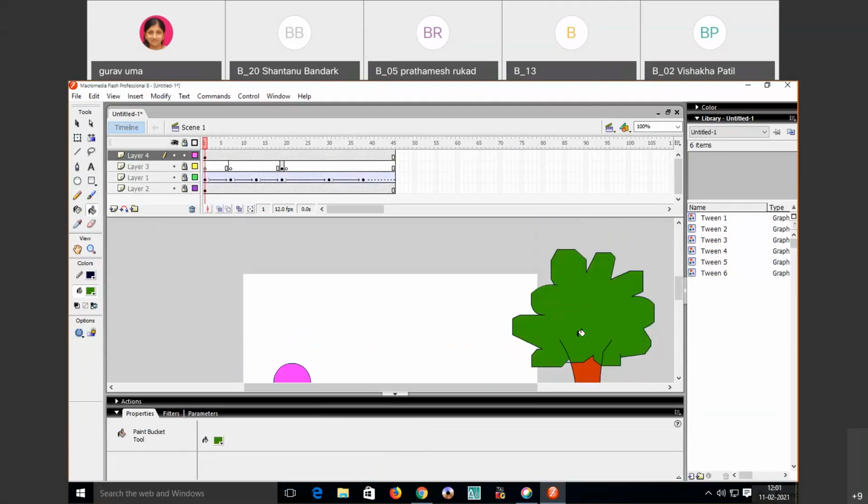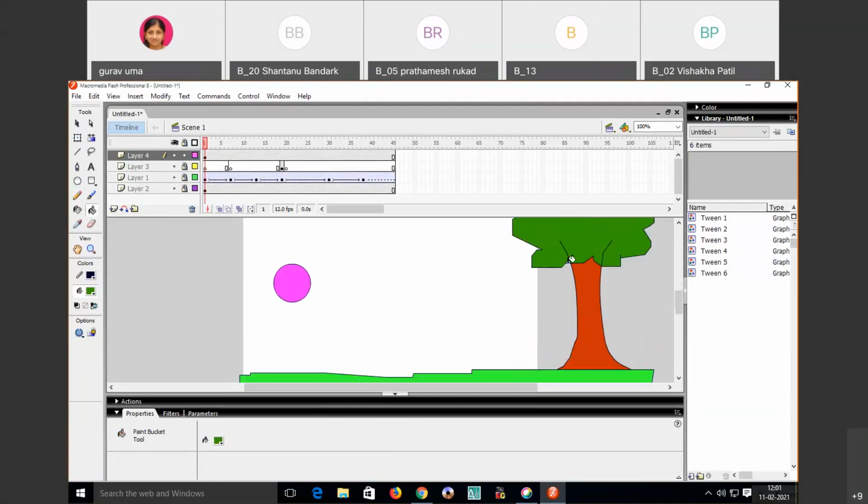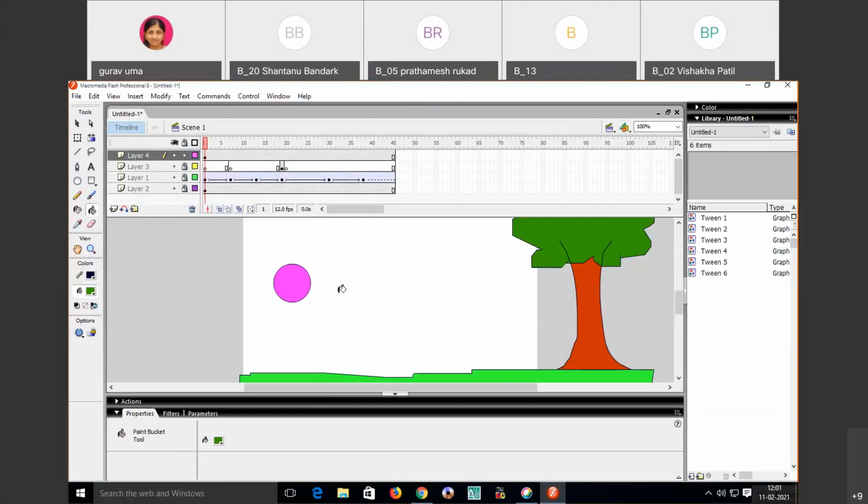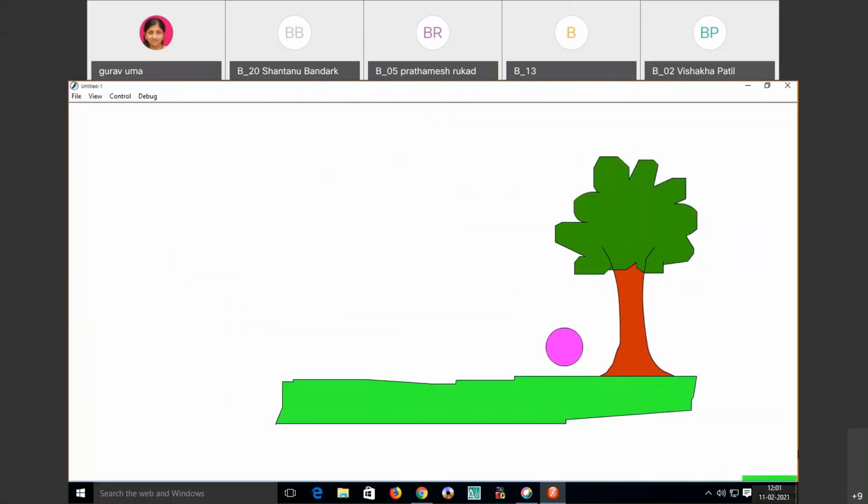So this is my tree. Now I will just run by clicking enter. Lock all of this and click enter. See, this is my animation.